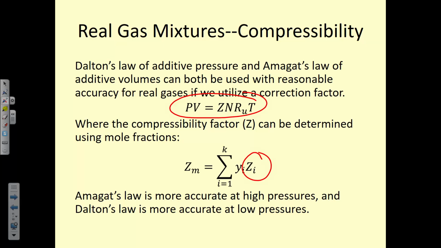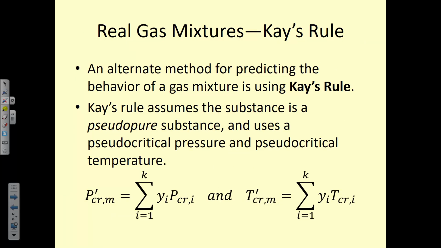And there's the question of, well, which one do I use, Amagat's law or Dalton's law? It turns out that at higher pressures, Amagat's law is a better fit, and Dalton's law is more accurate at lower pressures. So ideal gases are often at low pressures, so usually if you're using Dalton's law for an ideal gas, you're good. If you're working with real gases, generally they're at higher pressures, so sometimes you have to work with Amagat's law. So it just kind of depends on what you're given initially, which one is best to use.